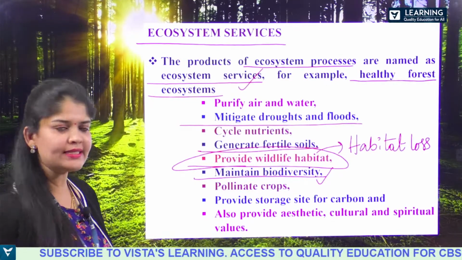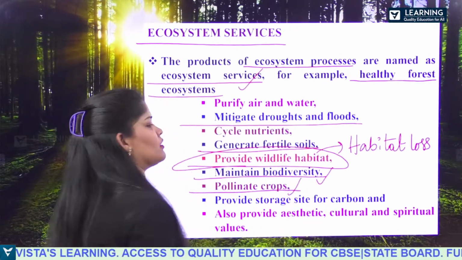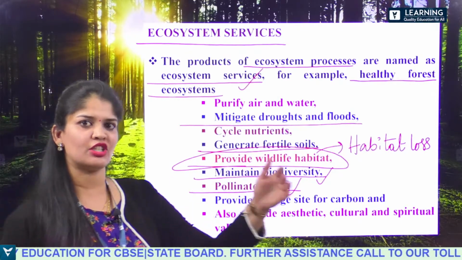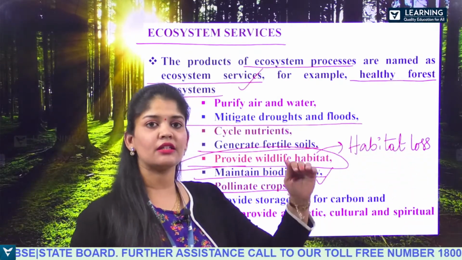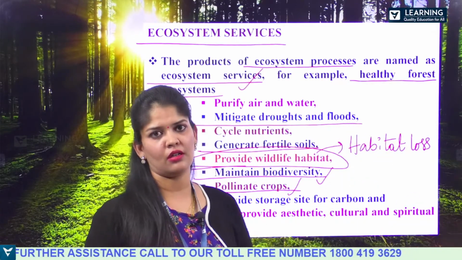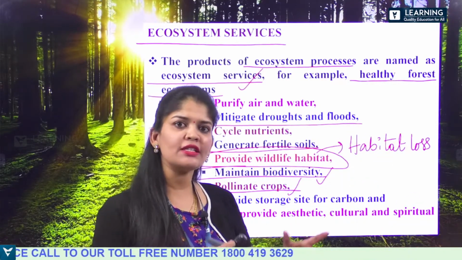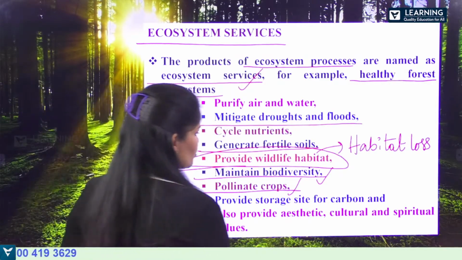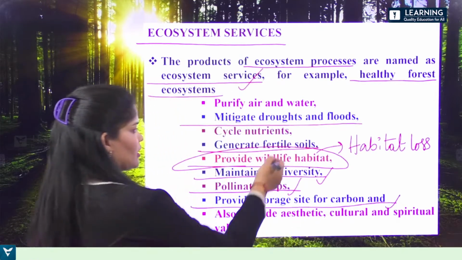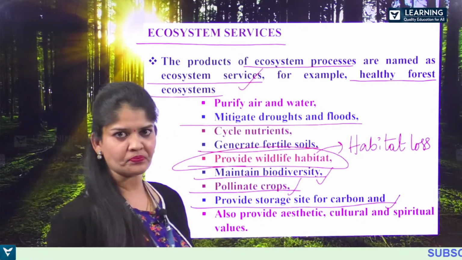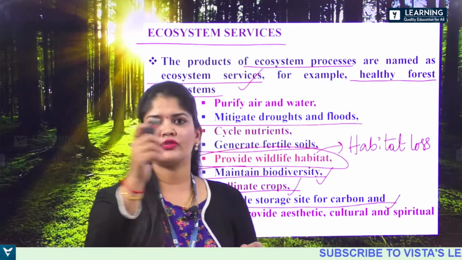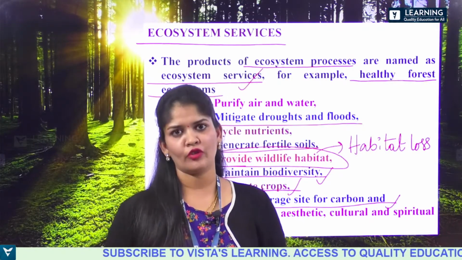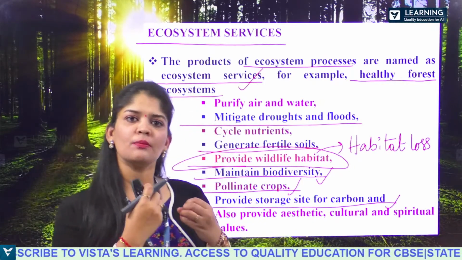It also pollinates the crops. Thereby we are getting fruits, and from them seeds again germinate to produce plants. Again, depending upon the plants, animals are sustaining their lives. All this is a chain, and all of it is interconnected. It provides a storage site for carbon. Again, it is providing nutrients for the soil, and the cycling of the nutrients is maintained in such a way that it is helpful for the sustainability of humankind, the sustainability of all the biosystem.